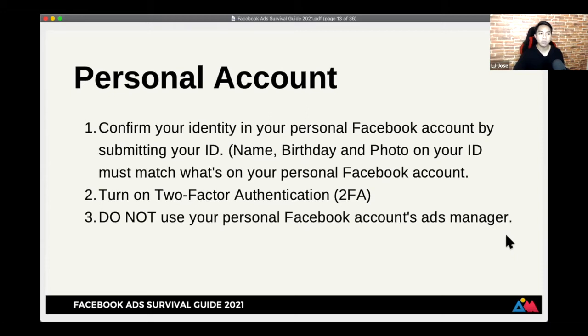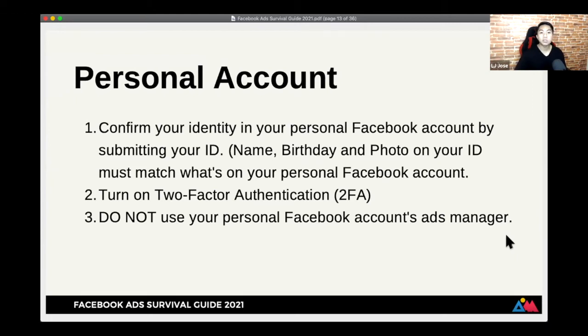So that's to make sure that your personal Facebook account is confirmed identity na siya. In the future, the benefit of that is that you can run ads for social issues, politics, elections, and other stuff na mga special categories din. Okay? So this is securing muna your personal Facebook account so that in the future, hindi mo na kailangan siya gawin or hindi siya makakaabala sa operations mo or operations din ng client mo.